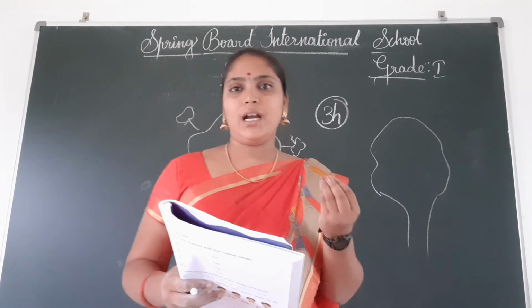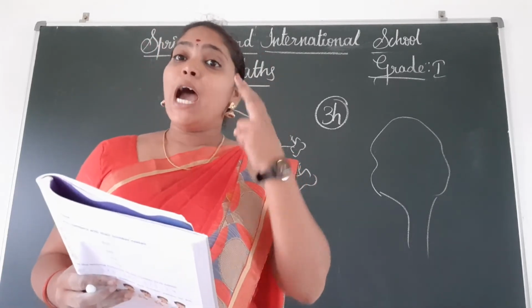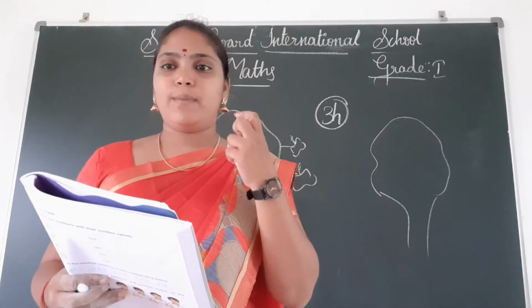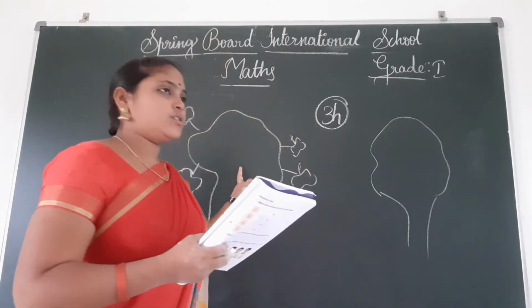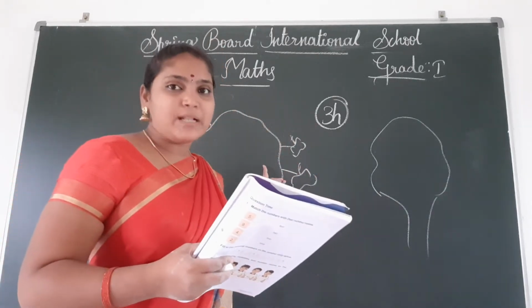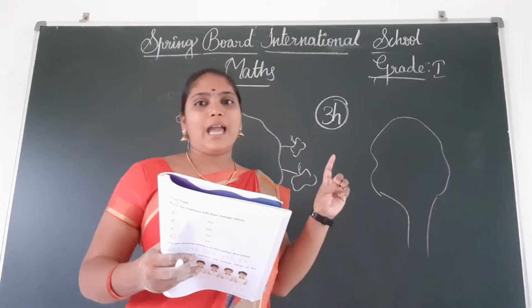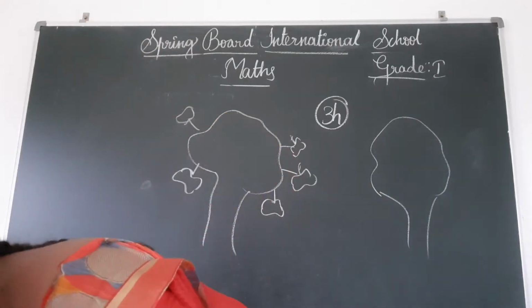Okay, children, are you clear? First, in this you have to draw one sun and 4 butterflies. Here there are 3, so you have to draw one more butterfly, and 5 pebbles, 7 apples on this tree, and 8 oranges on this tree. Okay, and add colors. So this is your project, children.